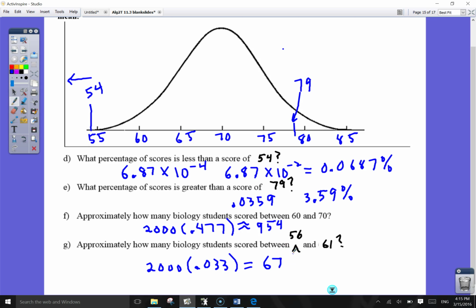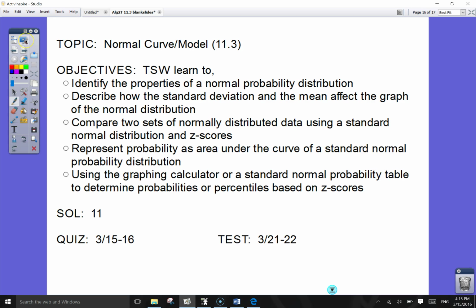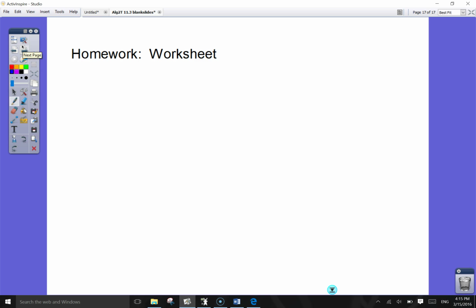Okay, so that is the normal curve, the normal distribution. And again, the homework was a worksheet of